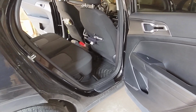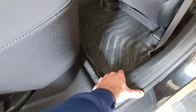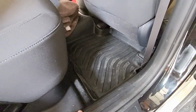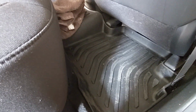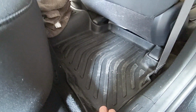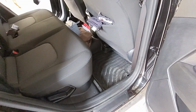All right, so the last thing that I recommend that you buy in order to protect your Kia Sportage are going to be heavy-duty floor liners. Now, the Wanvan brand that I did use for the rear cargo cover does make seat covers. That's not what these are, but in any case, I think no matter what, especially if you live in a northern climate, you can see some salt right in there. You definitely want a protector like this so you don't have salt getting into your carpet and staying there